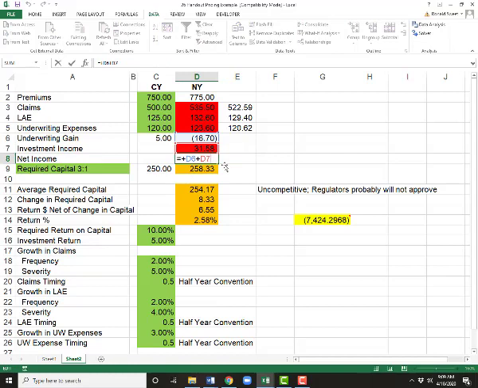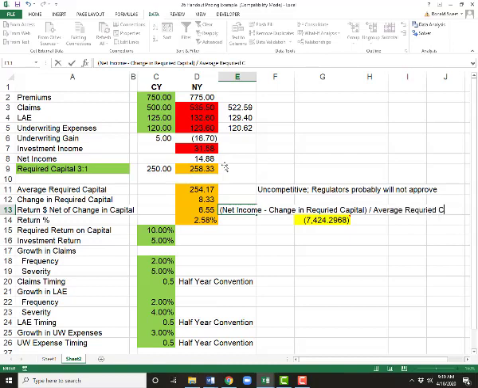Your underwriting gain or loss plus your investment income gives you your net income. Your required capital is just 1/3. So you take the average required capital. The change in required capital is 833. So your net income is the 1488 minus the change in required capital. You then take that net income, again remember it's net income minus the change in required capital, divided by average